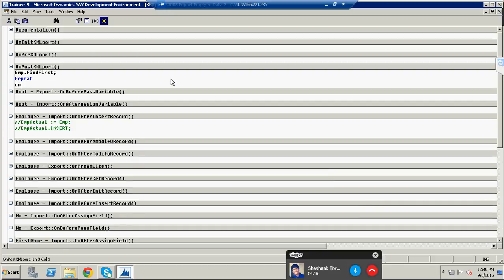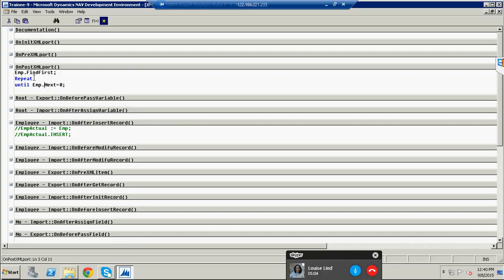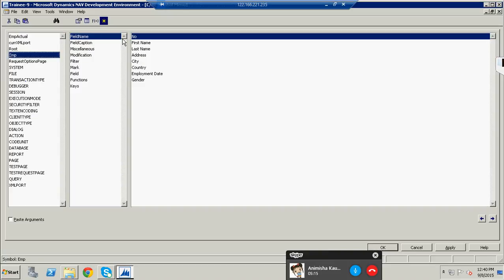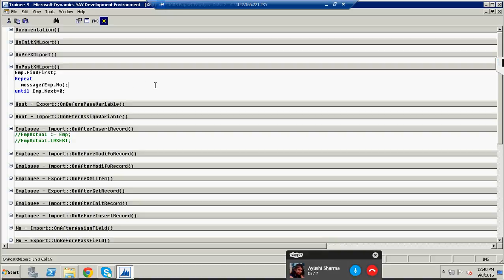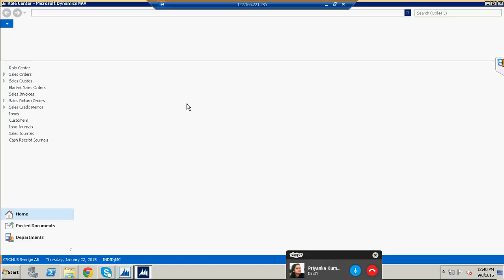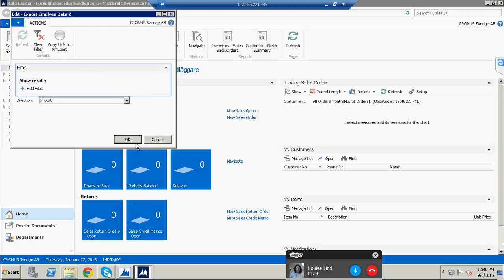repeat until next equal to 0. Here I'm trying to see the data that got stored in the temporary table. Now when I run this and try to import the file,